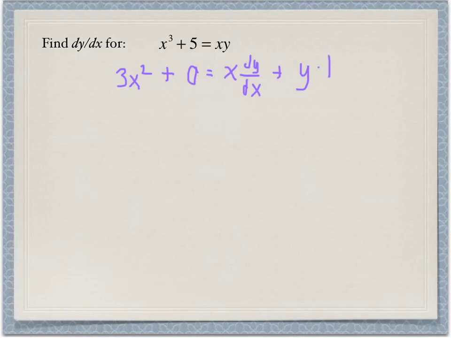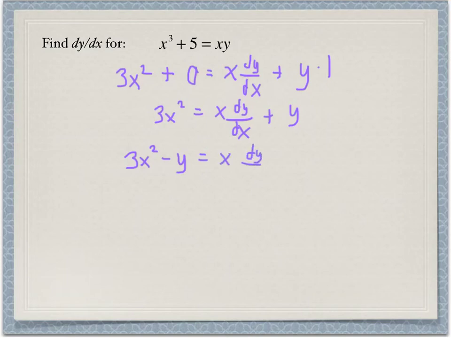Okay, so what we really have then is 3x squared equaling x dy over dx plus y. Again, we want to try to solve this for dy over dx. So what I'm going to do first of all is subtract this y from each side like that. And then I still have that x over here, x times dy over dx. And I think you see that to solve this for dy over dx,